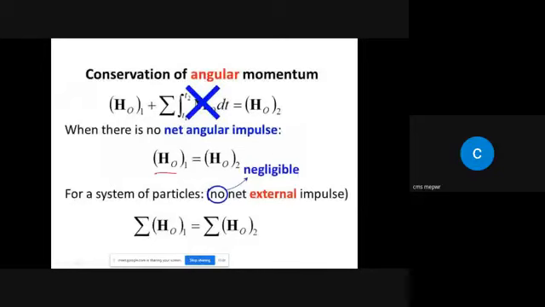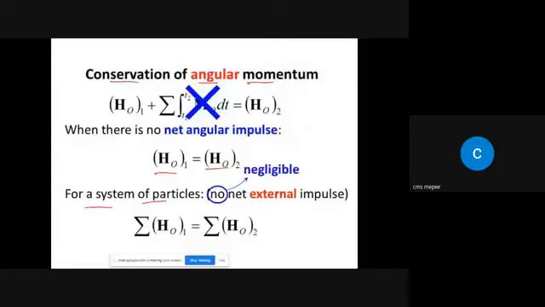This one will become equal to this one, and this will be known as conservation of angular momentum, in which the angular momentum before and after the process, or after the impact, will remain the same. If you have more than one particle, a system of particles,